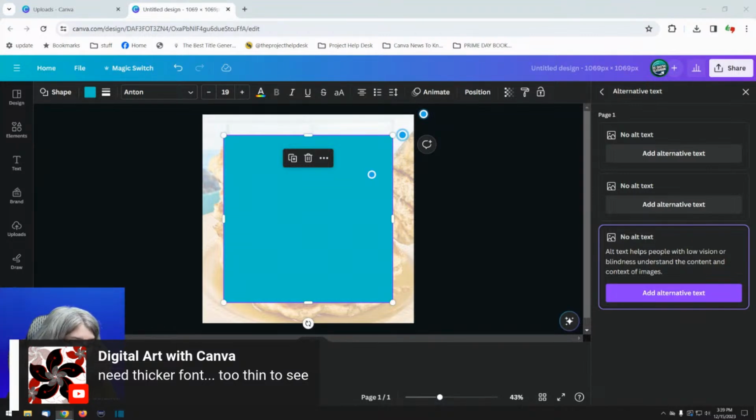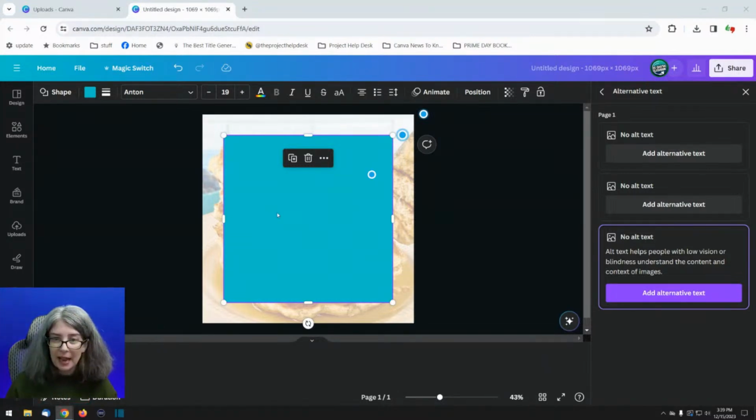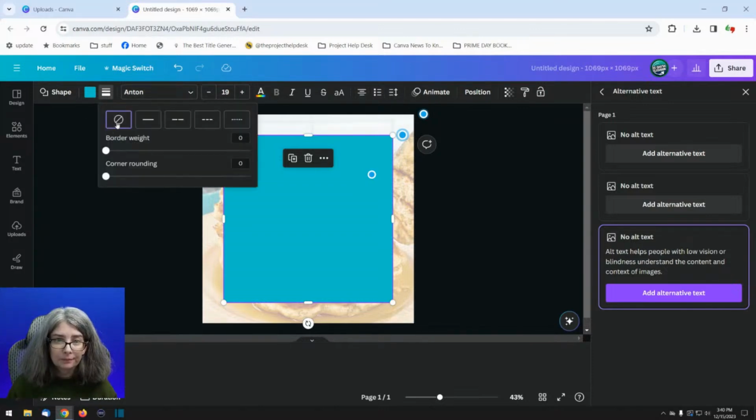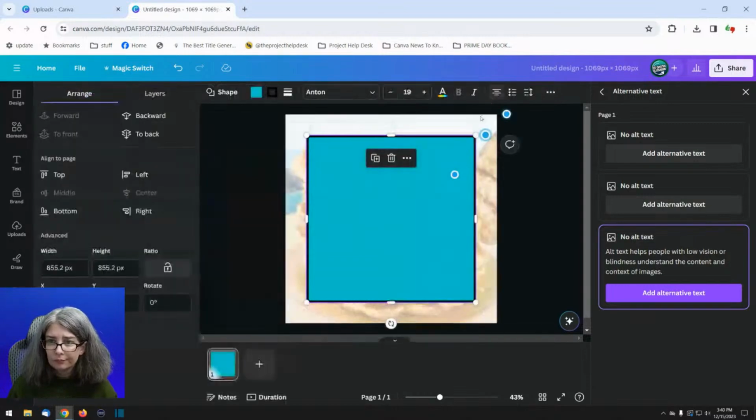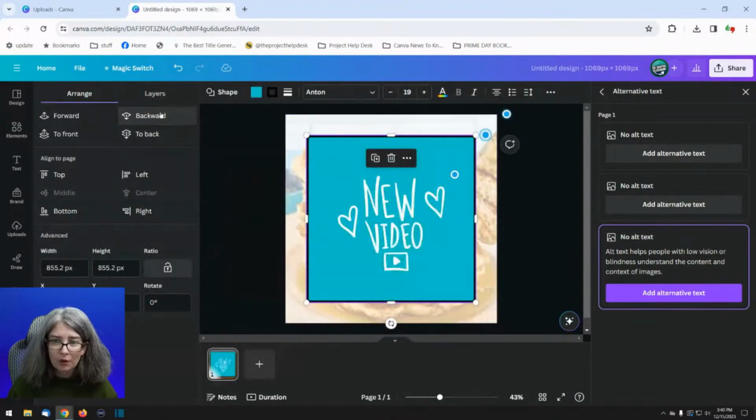Need a thicker font, too thin to see. Yep, that's exactly right. I think I'm going to be able to fix that too. Border weight. Corner rounding. Backwards.